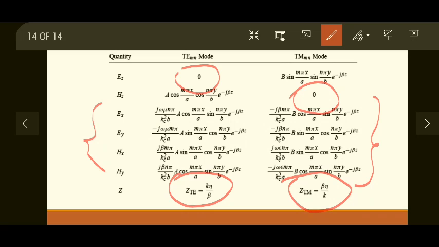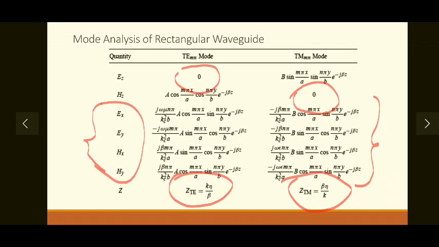So we have seen in this video how to find these 4 components in the case of TE mode. Now the next job is to find these components for TM mode along the same analysis path. Okay, so you can do that on your own. In the next session we will see circular waveguides and their mode analysis.